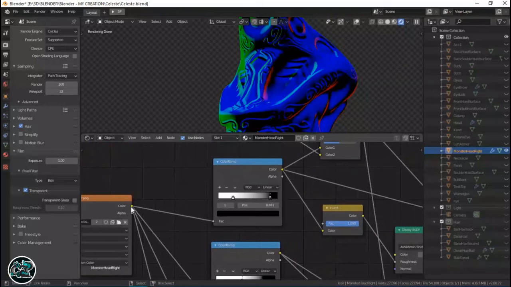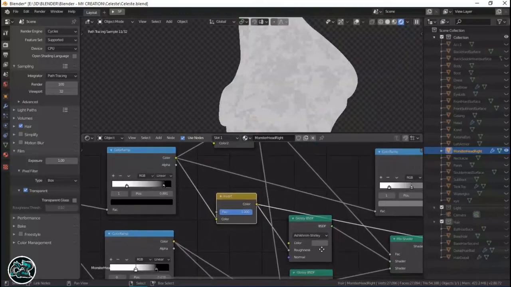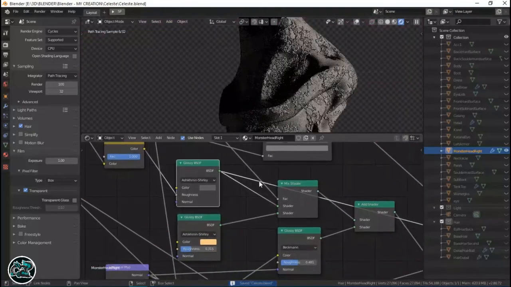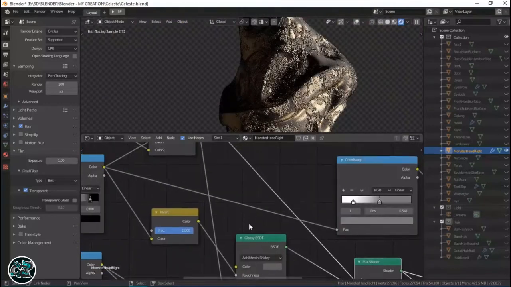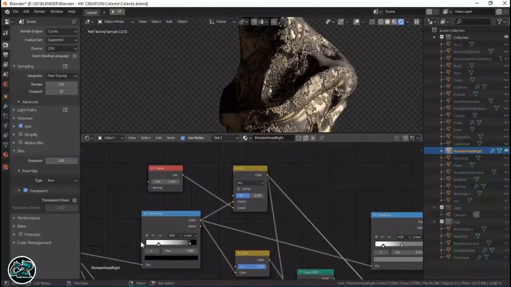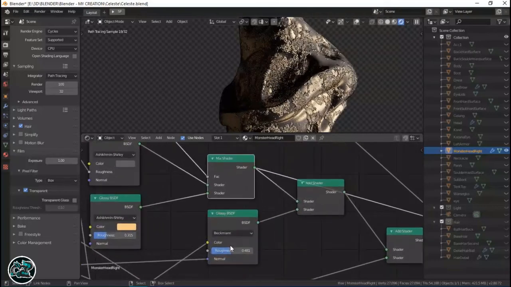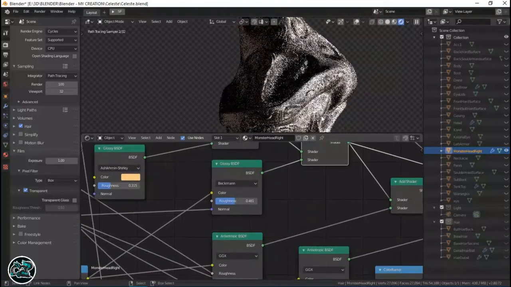After inserting the color ramp, as we can see in here, I'm inverting this color, so we got the inverted color from here, and insert it to the glossy, as we can see. Yes, a little bit glossy, and mixing it with the glossy shader with a different color, as you can see in here. A little bit of gold color with the factor I generated from the color map to color texture, and then I just mix it with the other node, like the glossy shader with the edge shader, and we got a lighter